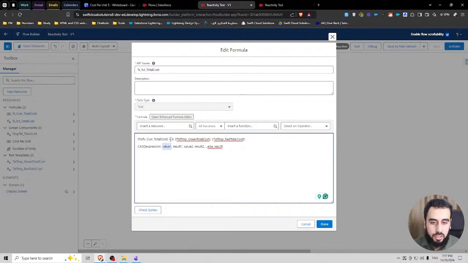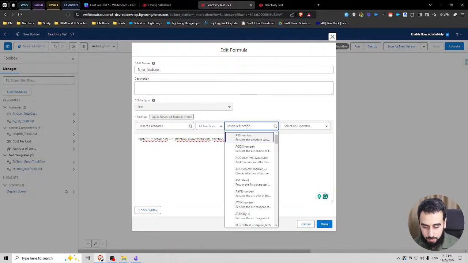But our conditions use greater than and less than, so I can't use the case function here. So we have 3 conditions: if it is greater than, if it is less than, if it is equal. I'm just gonna take 2 of them, and whatever else is gonna be the black one.